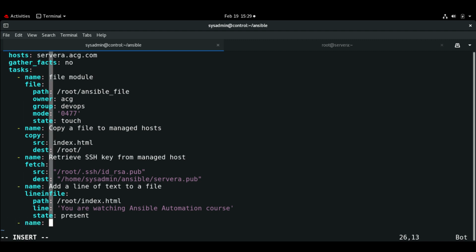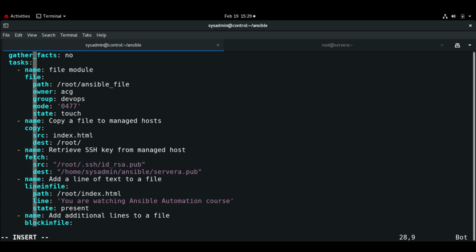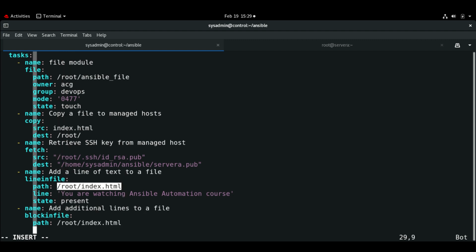Here I'm going to give the name, add additional lines to a file. We'll be using the blockinfile module, and the path will be the same, /root/index.html,